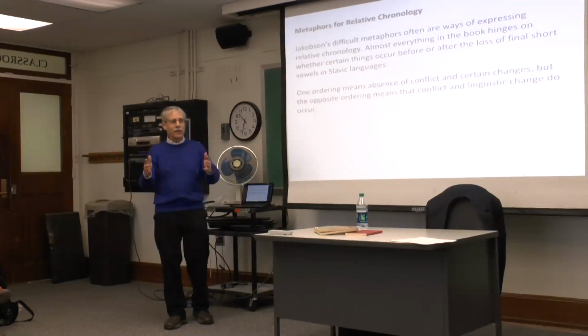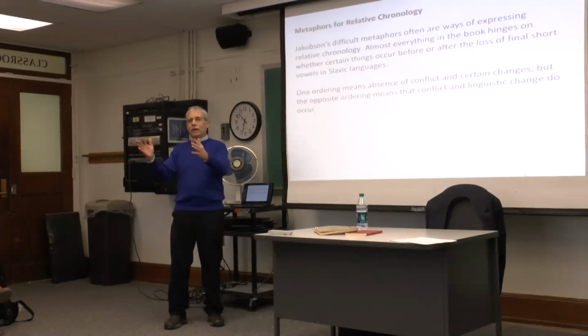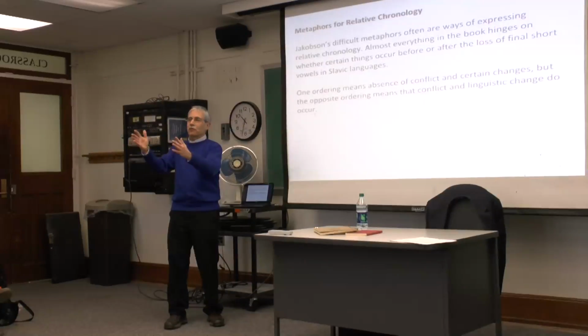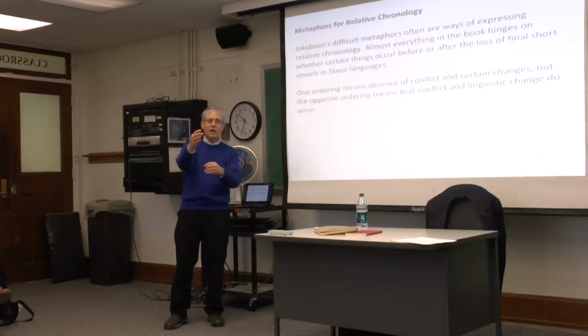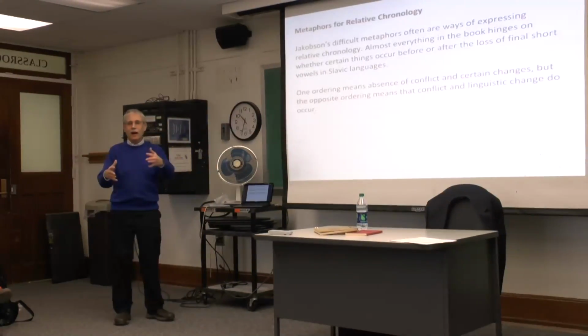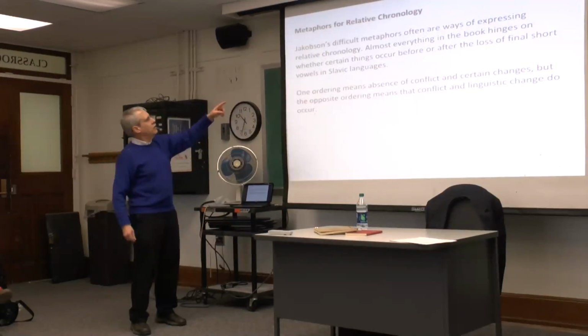A lot of things can happen, as we'll see later on maps. The first change can go at a faster rate of speed, can skip ahead. Then in one territory, you're going to have change number 1 and then change number 2. But if change number 2 has a faster rate of speed going across, you're going to get change number 2, then number 1. So you're going to get different rule orderings for these changes. And that's where you get conflicts, depending on the order of application. We'll see that in more detail.